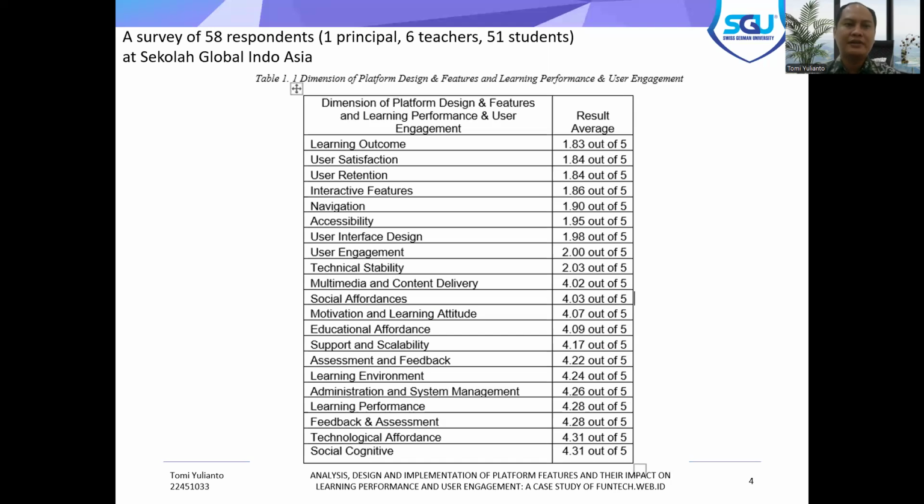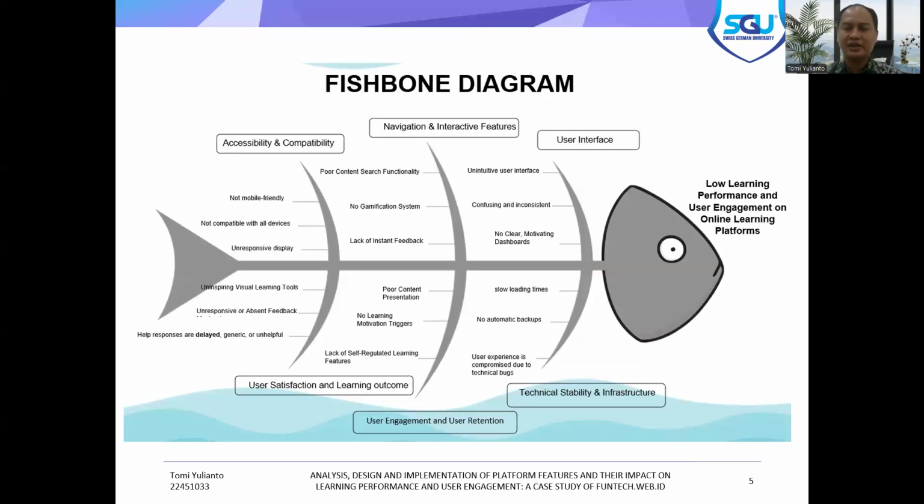A survey of 58 respondents, consisting of 1 principal, 6 teachers, and 51 students at Sekolah Global Indo-Asia, found that students using Udemy or Coursera feel not really satisfied with the learning outcome, user satisfaction, user retention, interactive feature, navigation, accessibility, and user interface design of that kind of learning platform. So based on this, I created the fishbone diagram,